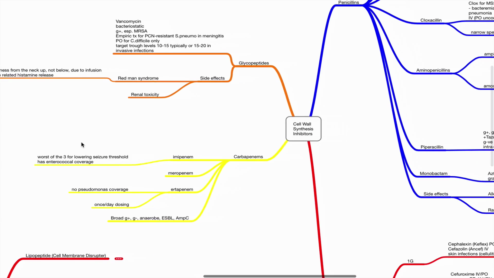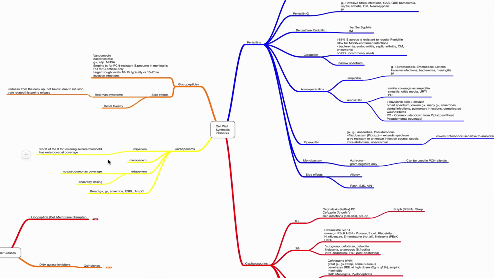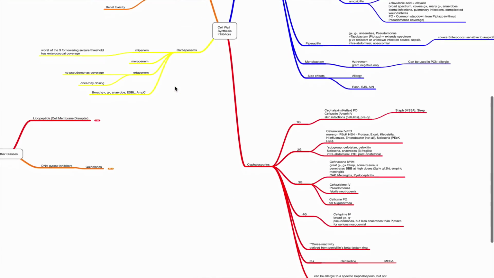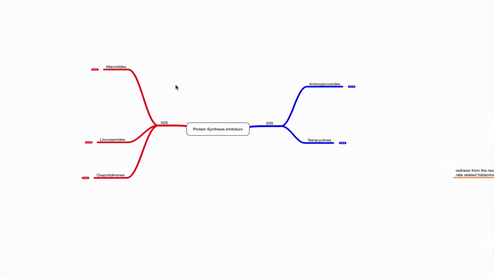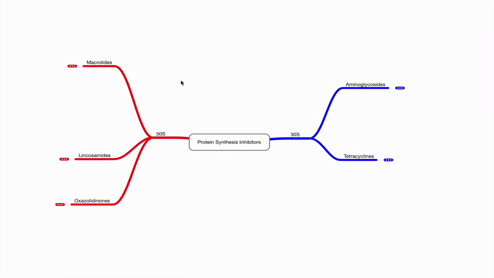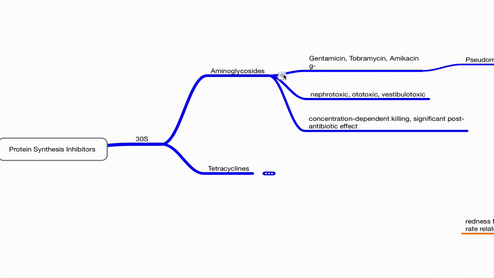Alright, so that finishes up the cell wall synthesis inhibitors. We went over the penicillins, cephalosporins, carbapenems, and then the glycopeptides. So we're going to move on to this group here, the protein synthesis inhibitors. And 30S and 50S refers to the ribosomal subunit that the antibiotic targets. So within the 30S subunit family, we start off with